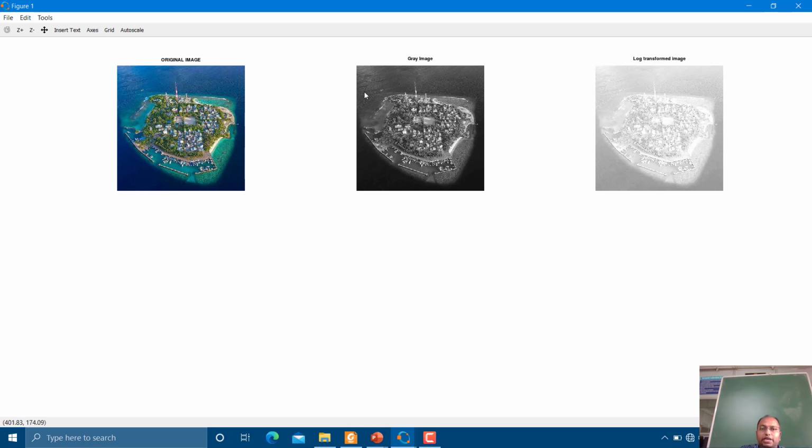The color image has been converted into the gray level image, and on that gray level image we have performed the log transformation, and remember that these are the darker pixels. So darker pixels have been converted to somewhat brighter pixels. I hope you can recognize the changes between these two images, right? So all these black pixels have been represented as somewhat brighter pixels.